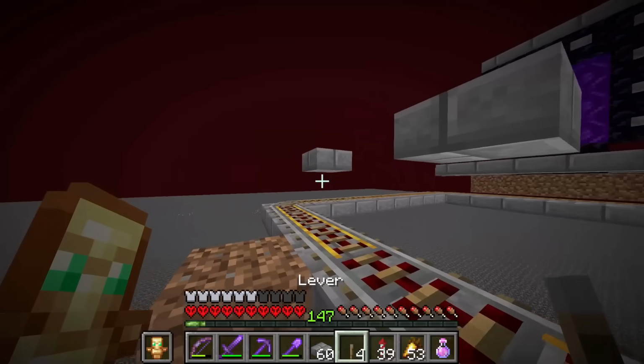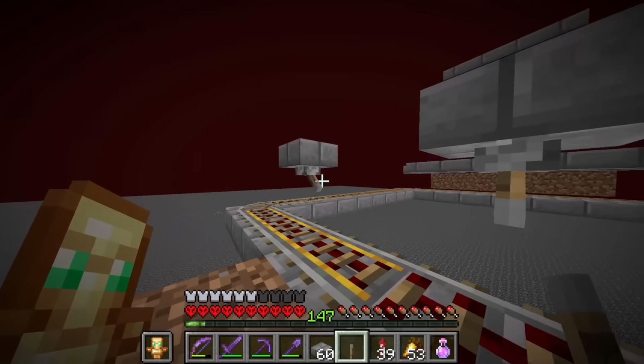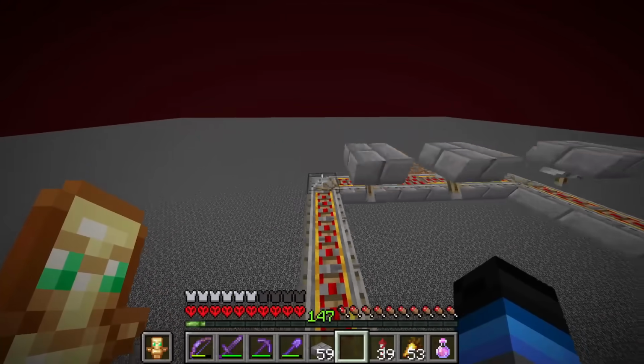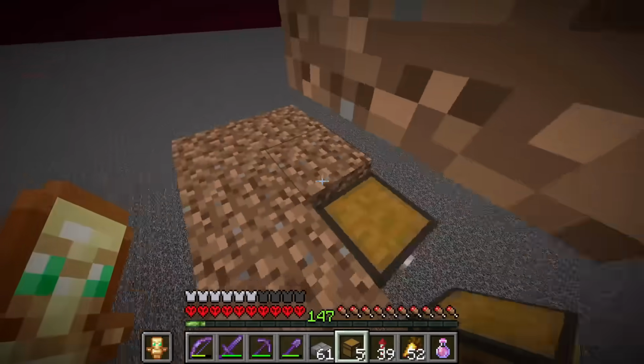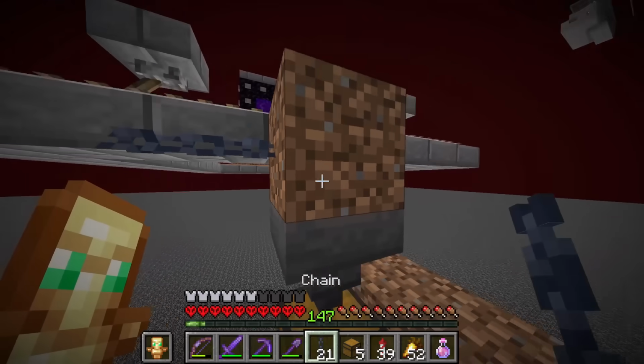Alright, now in order to power these rails without leaving any spots for shulkers to move onto, we put some levers underneath here, and that powers this entire track now. So that is now all good. Alright, now we start making a bit of a collection system with a chest, a hopper, and some chains going